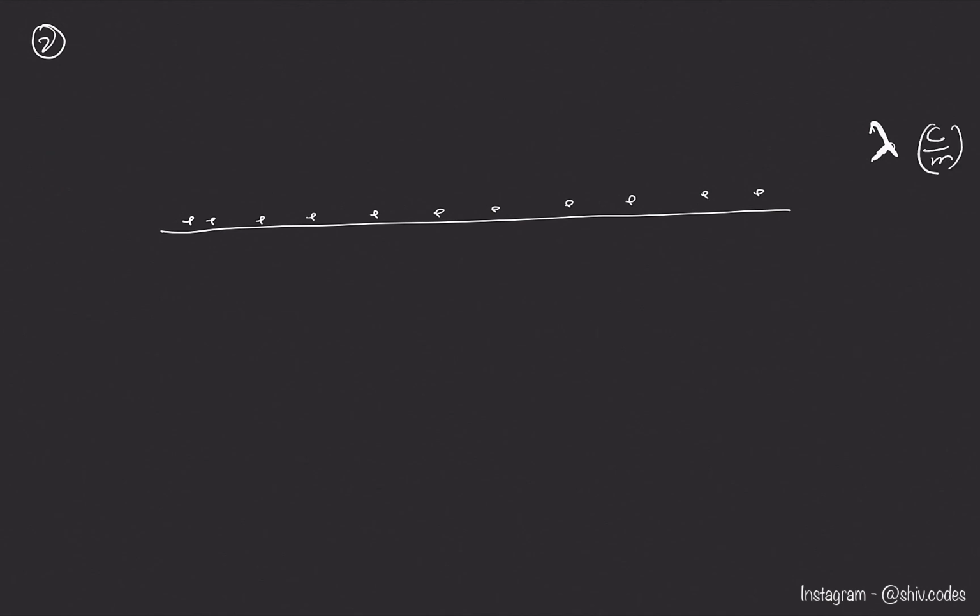By a similar approach, we can find the electric field due to a long straight line. There is a long straight line with charge on it, and the charge per unit length is given by lambda. So for every 1 meter of this wire, there is lambda amount of charge. This is charge per unit length, so the unit would be coulomb per meter, and we have to find the electric field at a distance r from this wire. So at any given distance r, what is the electric field at this point?